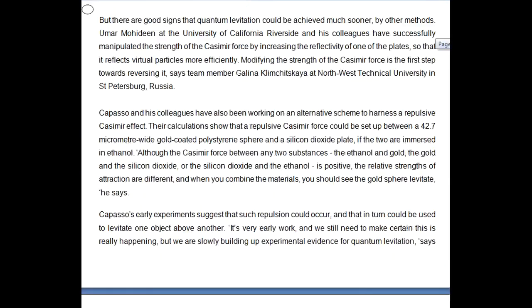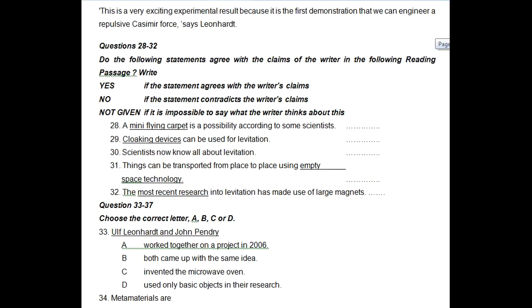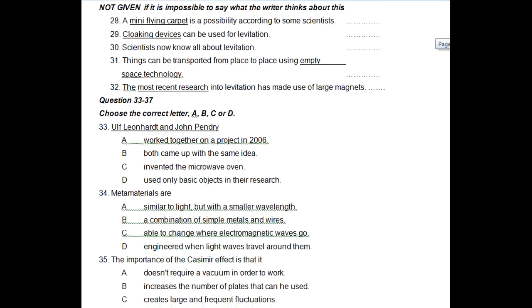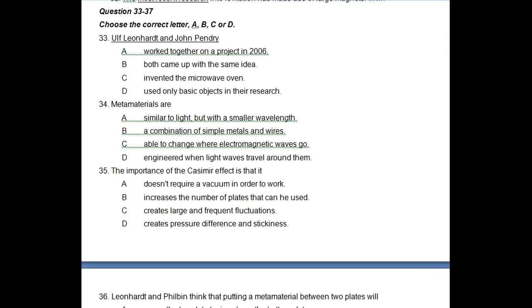What is different here, however, is that in this type of question there is no clear question which is asked. You can see that. What we did previously, there was a clear question like why or what are. Here you don't have any clear-cut question. They're simply giving you Alf, Leonhardt and John Penry. So what will you search? There is nothing that you know that you have to search.